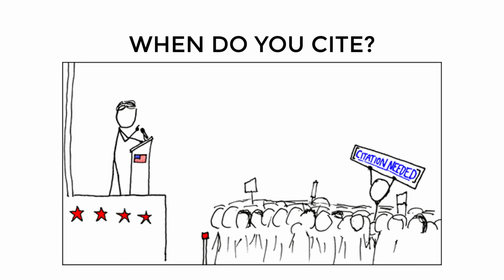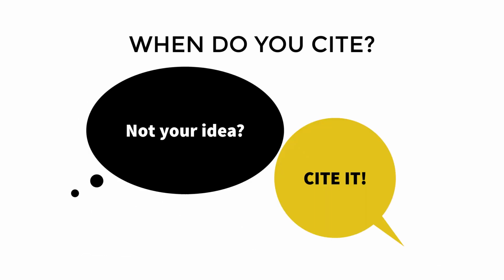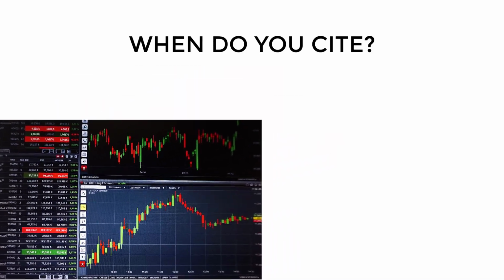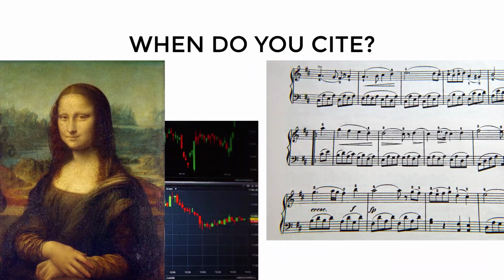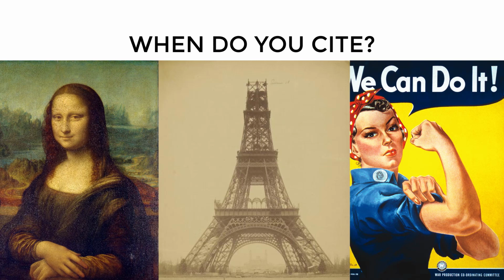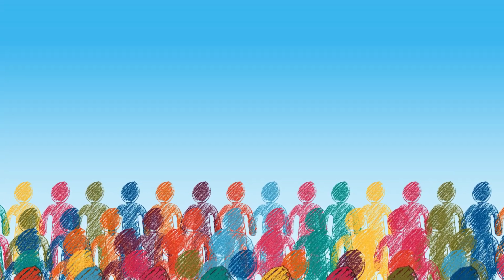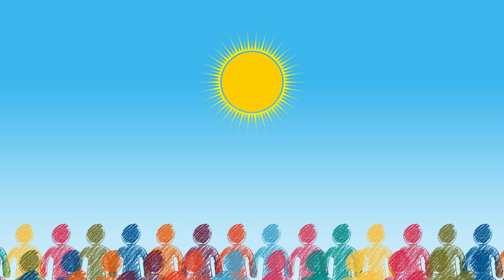So when do you cite something? You need to cite any ideas of others that you have either directly quoted, paraphrased, or have used in some other manner within your writing or presentation. You will also need to cite non-written types of works that you have used if they were created by someone else, such as data or images. Please note that when you're using images, you may also need to think about copyright, which is a separate issue from citations. You do not need to cite something that is considered general or common knowledge, which is something that would be known by the general public, such as the earth revolves around the sun.